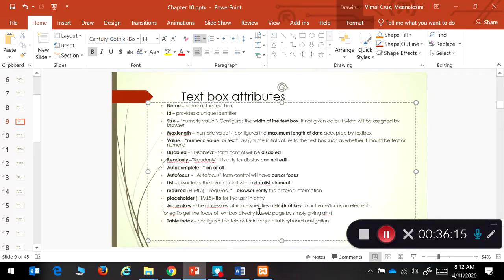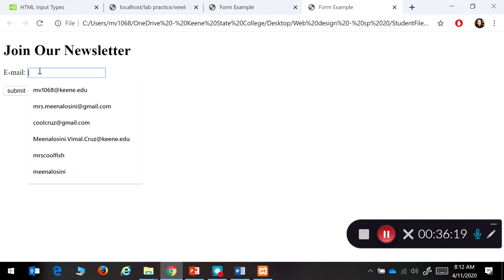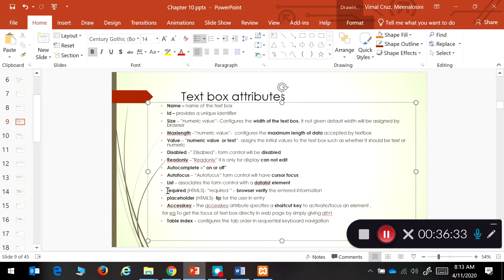For example, if you have specified email, the browser will check whether it is in the email format. If it is not, it will say the entered information is not in the email format, or please enter the correct email information. So it will just check the value and